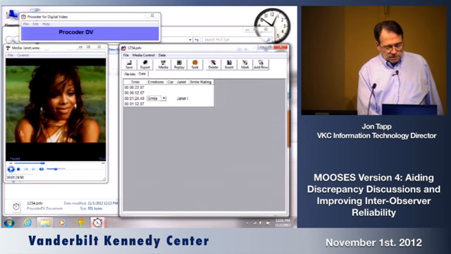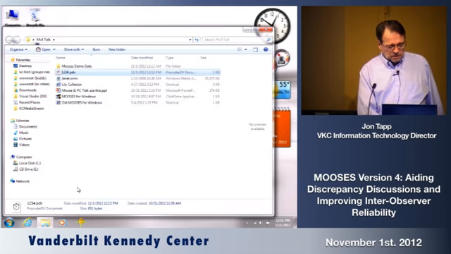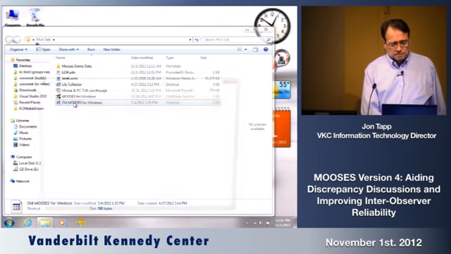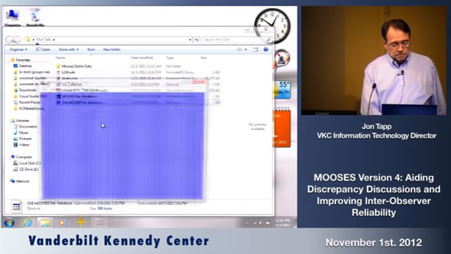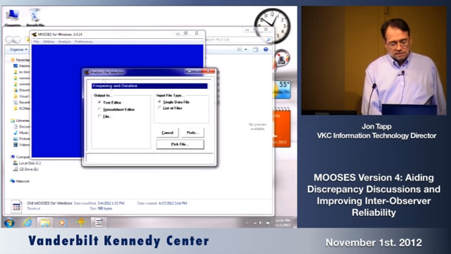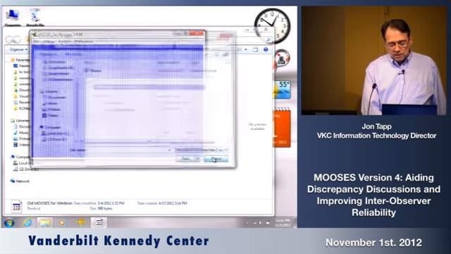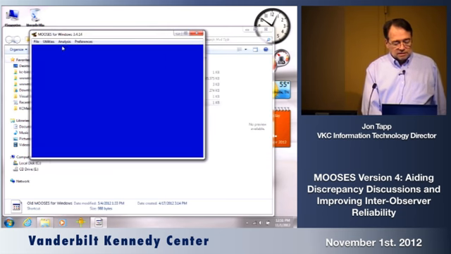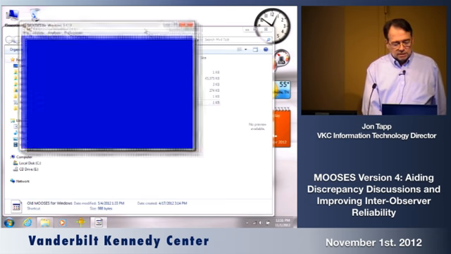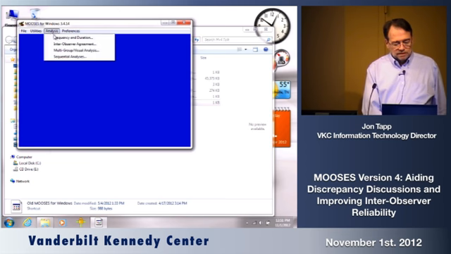Then I'm going to look at Mooses a little bit. I want to highlight what's different for some of the people that have used it before. The old one, you would do an analysis by just saying, I want to do an analysis. Then you would go pick the file. You have to go find the file or pick a list. It had a list editor in it, and then you'd answer some questions about the analysis. This is the old one, and I thought that was a little bit inefficient when I redesigned,